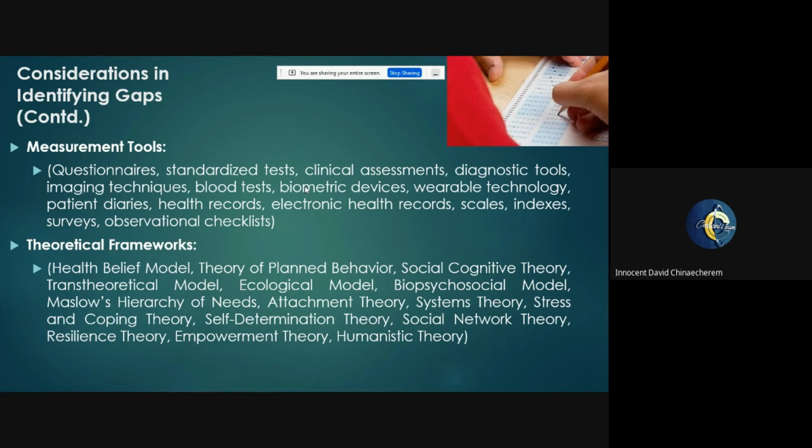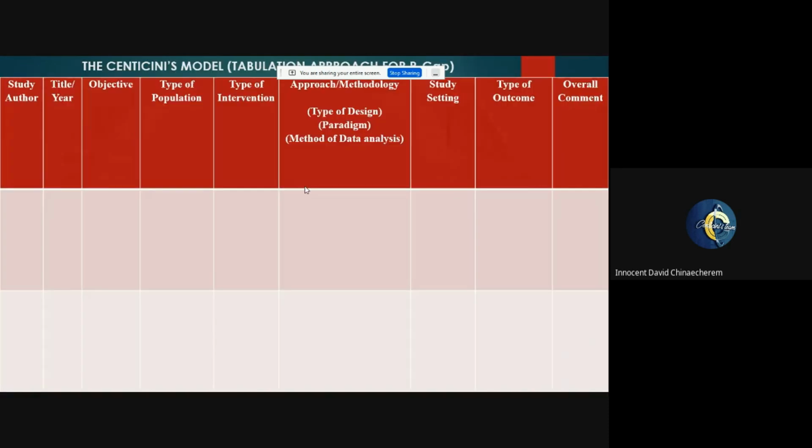So there are also other areas where we can look at, some of the measurement tools. This is something that is very synonymous with primary studies, right? When you've done a primary study using a questionnaire, and the gap is that you feel like when you use a focus group checklist or a qualitative approach, you might actually get a different result. Nobody has done it, so that means try and do it. So that's it. Also, another one is theoretical frameworks. Literally, we're trying to look at it through several theories, and that's just it.